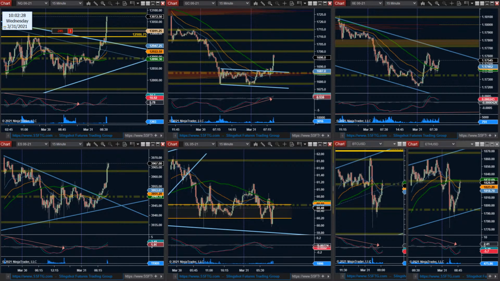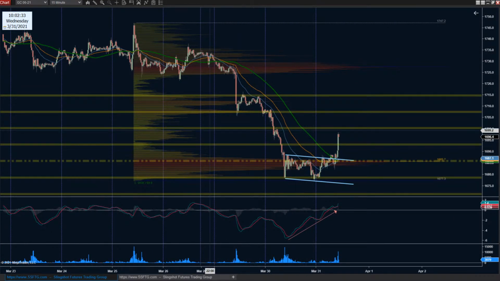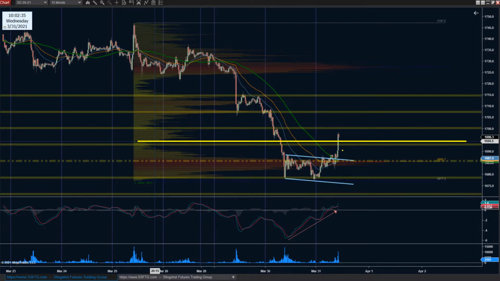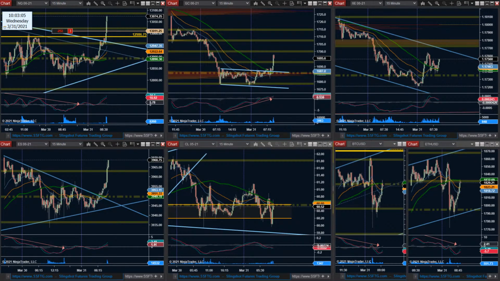The one thing that stands out to me on gold is the potential of this being that break-even run from the longs that were stuck before, because of that VVP right there. Generally speaking, big volume voids are where a lot of people's averages end up being. So a lot of traders, if they're stuck on those longs, and we know they built in down here because we saw the POC shift. Seeing some resistance building in around here. Okay, it's breaking above it now. I don't want to see a twin reversal. Speak of the devil. If it does want to go a little bit further up, then the next zone on gold is going to be all the way up at the 1780, 18s-ish.